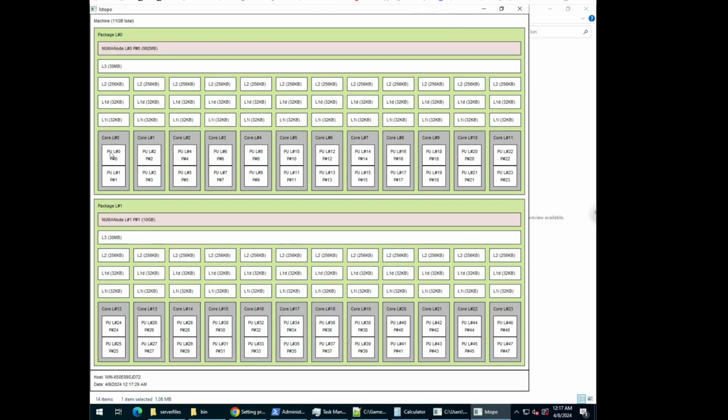Anyway, this is showing your cores. I've got two processors on this, so they're both 12-core processors. You notice everything starts at 0. So 0, 1, 2, 3. So say I want to be on